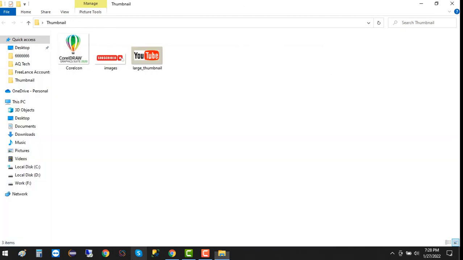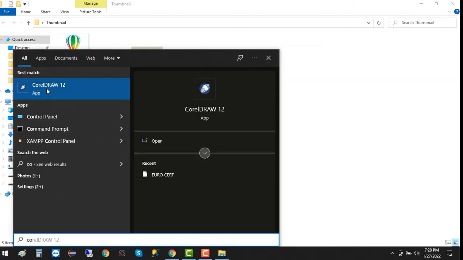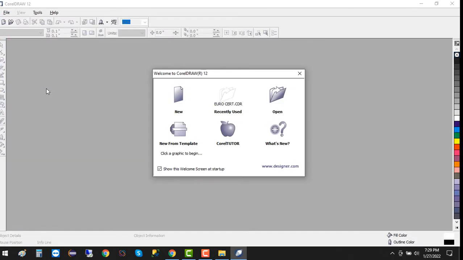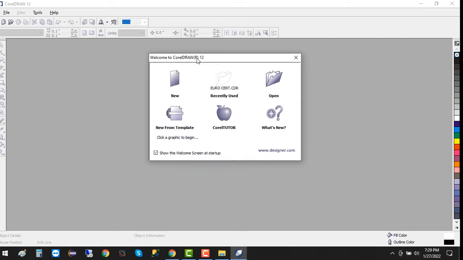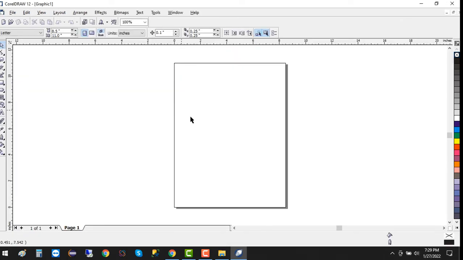Just go to the start and then CorelDraw. Here's CorelDraw, I have already installed it. If you don't have it, go on Google, download the application and install it. Now we have a new option here. Just click on the new button, and then the very first thing you need to do is set the dimension of the YouTube